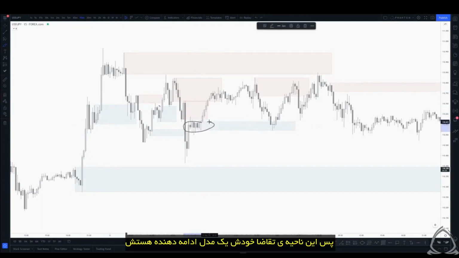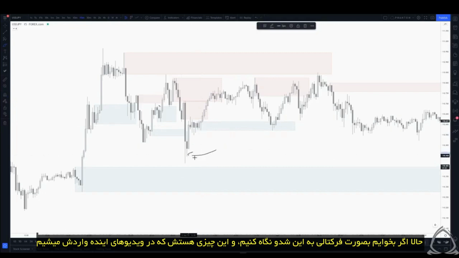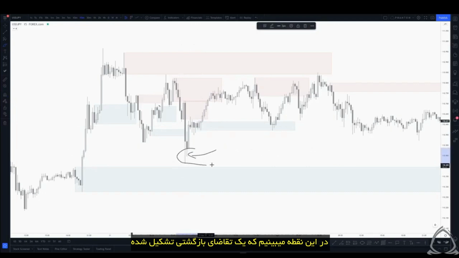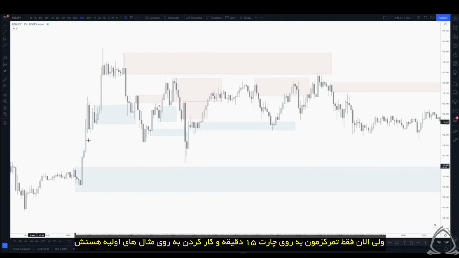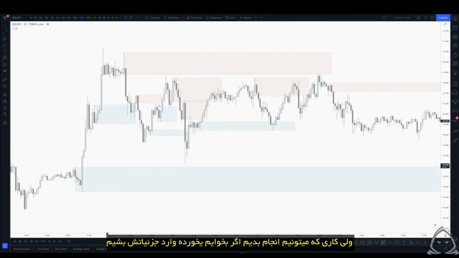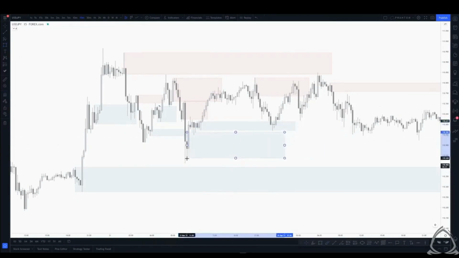So this in itself, this demand zone is a continuation model. Now, if we were to look fractally in this wick, and it's something that we'll expand on in a later video, we would see a reversal demand zone being created at this point in time. But as right now, and as we only stay on the 15-minute, expanding on the initial video's examples, what we could do if we just want to expand on this and touch on this just a little bit,